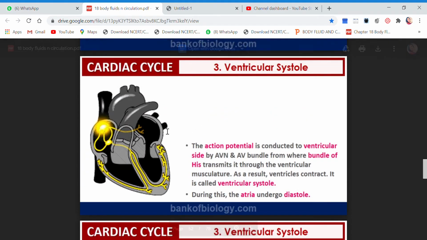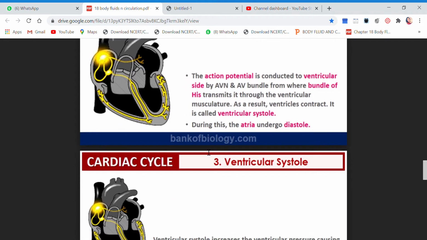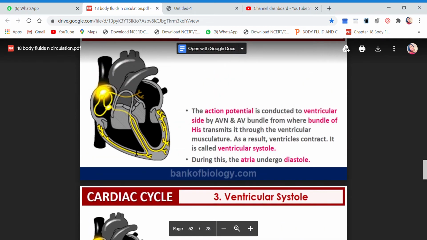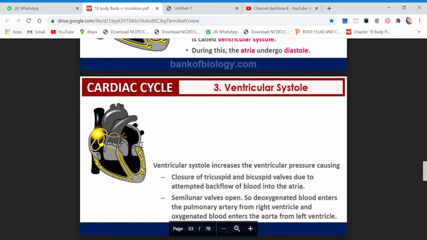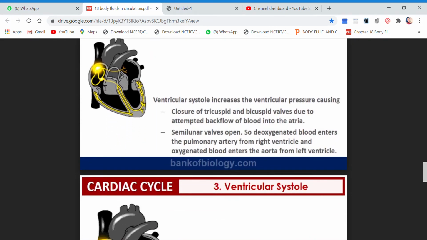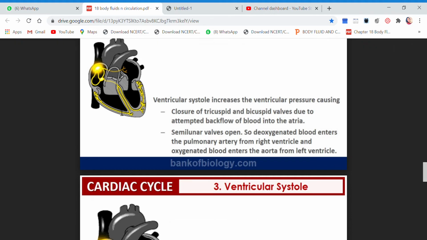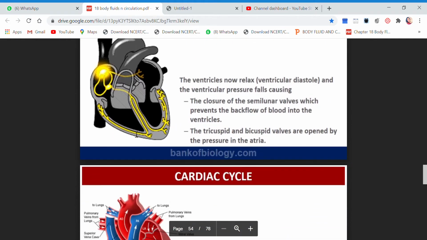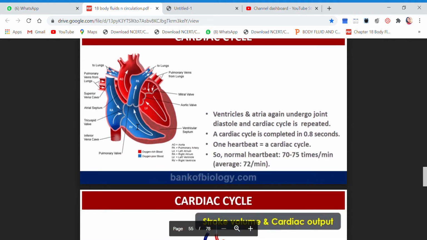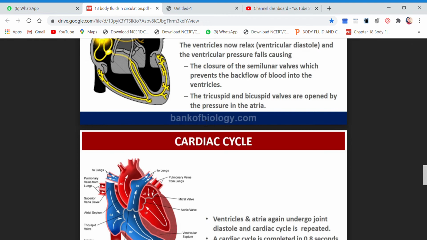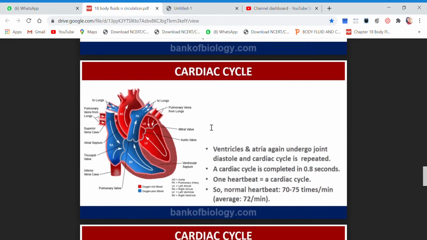During this stage the auricles have now become relaxed. The auricles are now relaxed and the ventricles are in contraction. Due to this the pressure inside builds up, and semilunar valves are already closed, and due to this pressure building up, the tricuspid and bicuspid valves will also close. So now the pressure will increase more, and due to that increased pressure, semilunar valves will open, and now the blood will move into the respective circulatory pathways, that is into the pulmonary artery and the aorta.